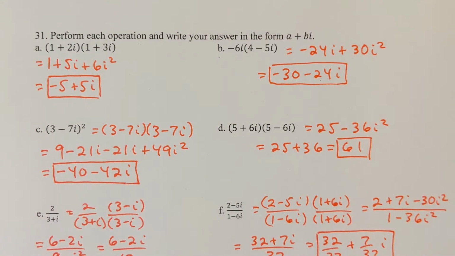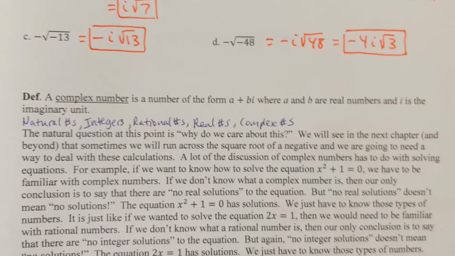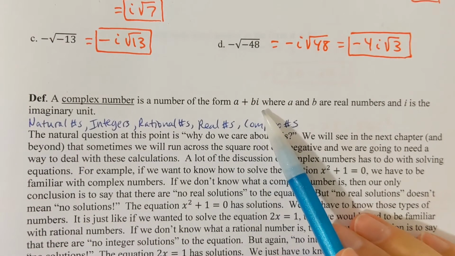Okay, we are in section 9.6 and we're talking about complex numbers. I wanted to finish up the topic of complex numbers here and then at that point we'll be done with chapter 9 actually. Okay, now a complex number is a number of the form a plus b times i,